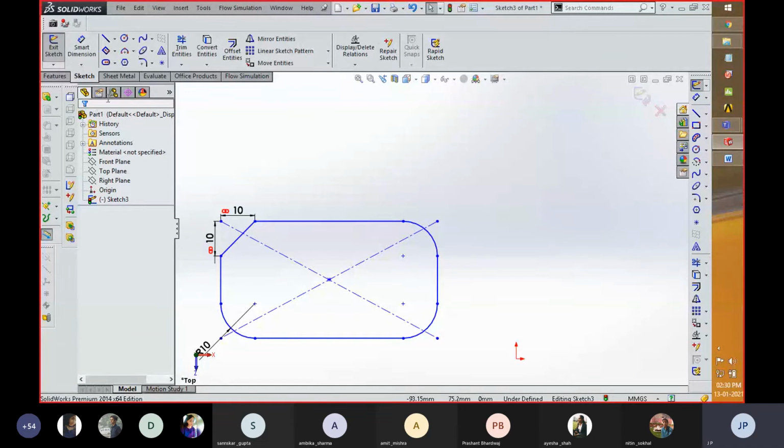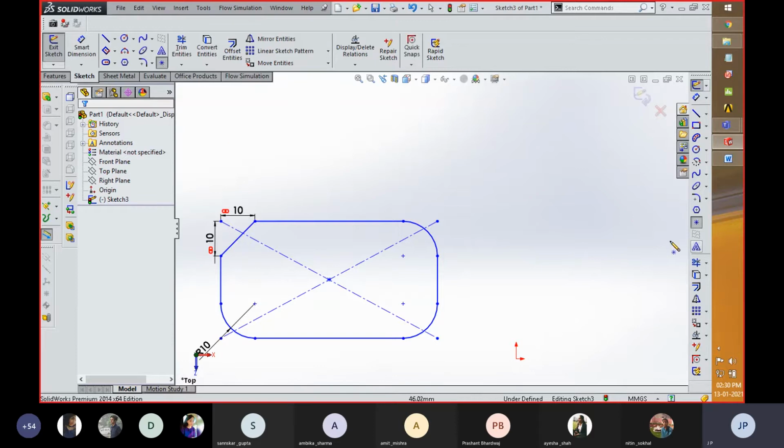So this is the first ribbon, the sketch ribbon, in which these are the tools which we can use for creating these components. This is a point toolbar actually. Whenever we need to create any component and need a reference point for creating that component, this is the point tool with the help of which we can create a point in space as per our dimension.